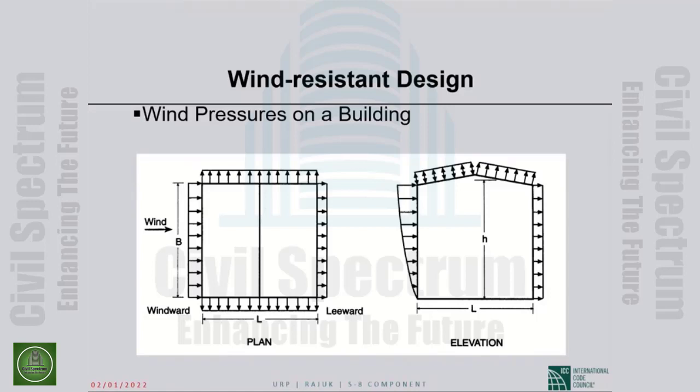Okay, I think it is time. So we talked about variation of wind pressure on a face of a building. We are now looking at wind pressures on a building. The main point that I would like to make here is that the velocity of wind, as we have discussed, varies with height above ground level. So pressure due to wind also varies or increases with height above ground level. That basic fact